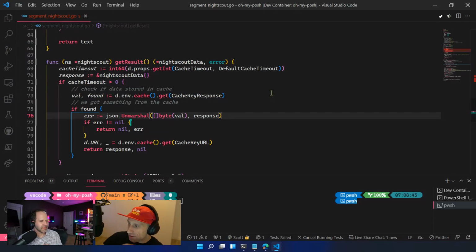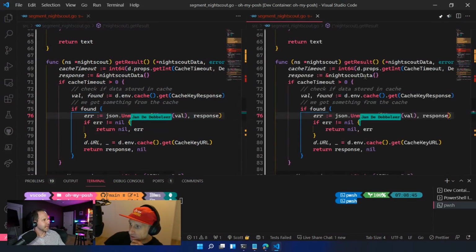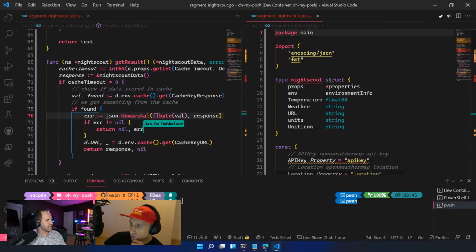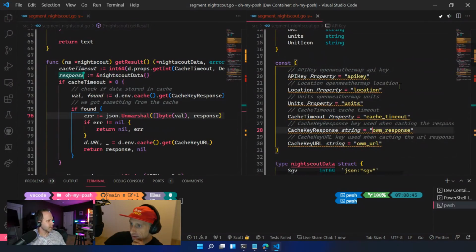So we reuse the keys for now. That's fine. We actually said, okay, I want to return that. Get the response back, which is set to Nightscout data at line 70. So that's okay. Actually, and then while we're doing that, I'm going to do a couple of things, because I'm